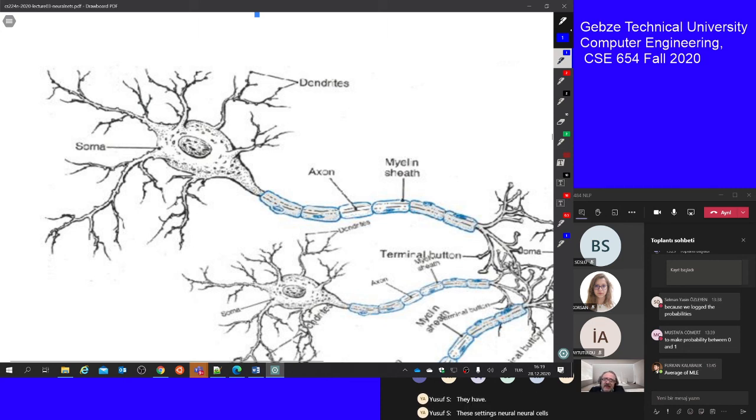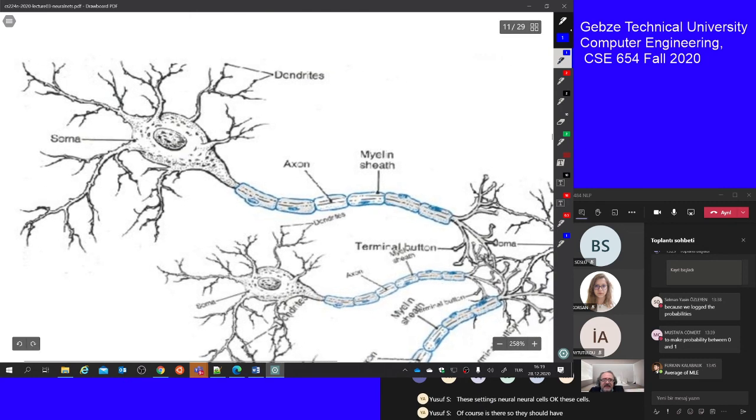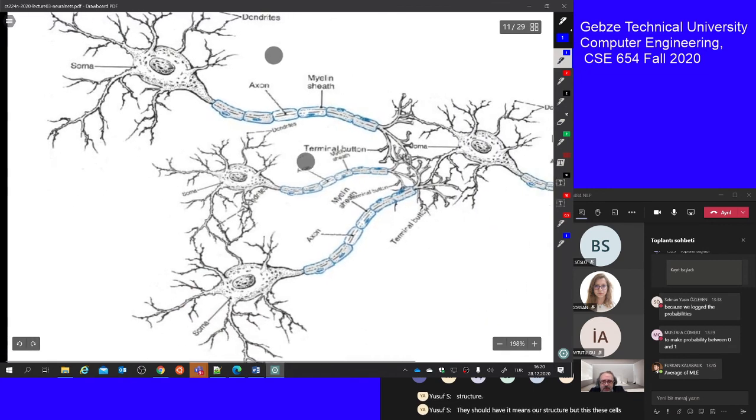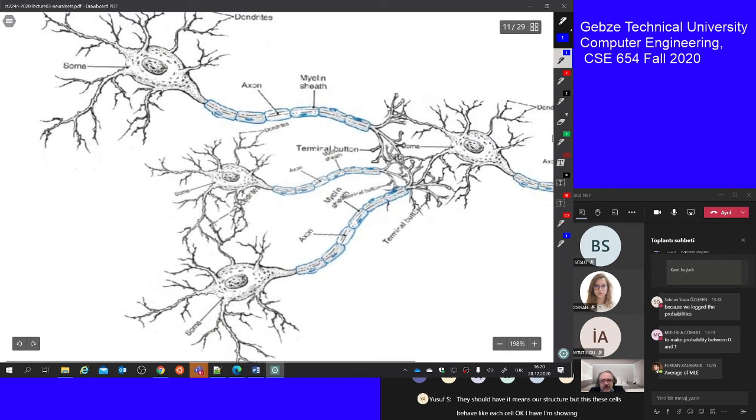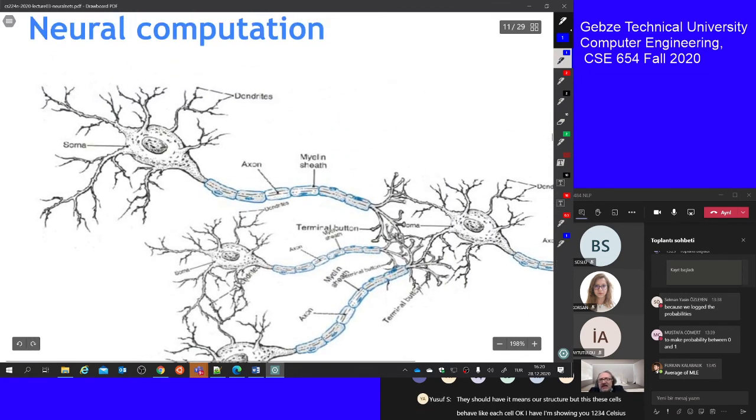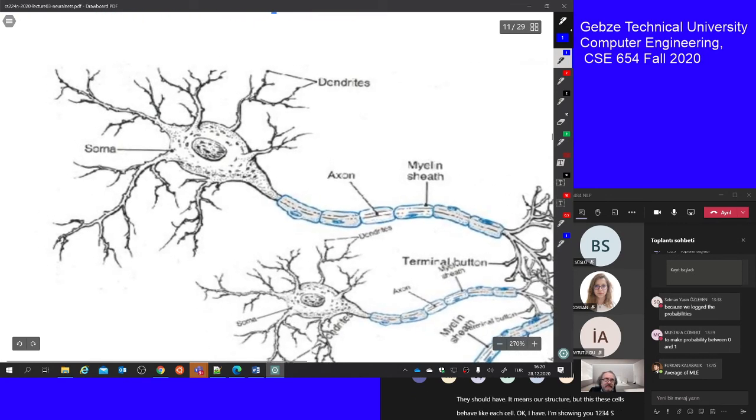Since they are cells, they should have a main cell structure, but these cells behave like each cell. I'm showing you 1, 2, 3, 4 cells here. Each cell is like a